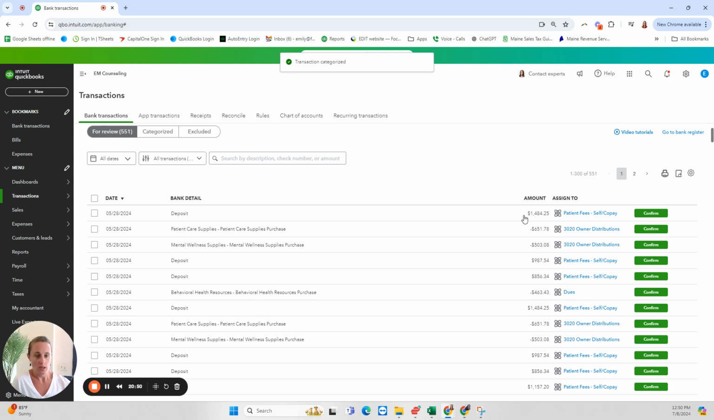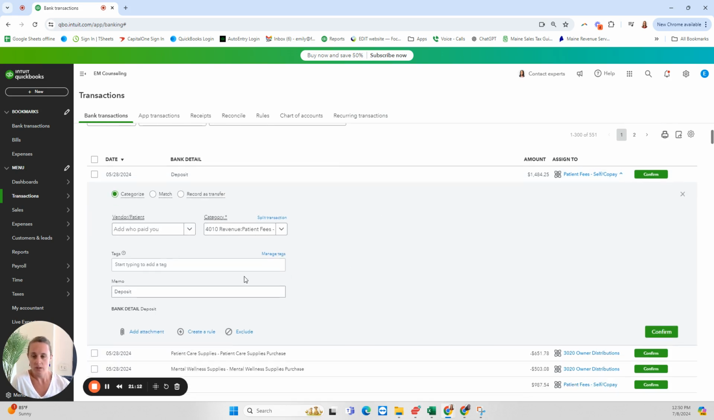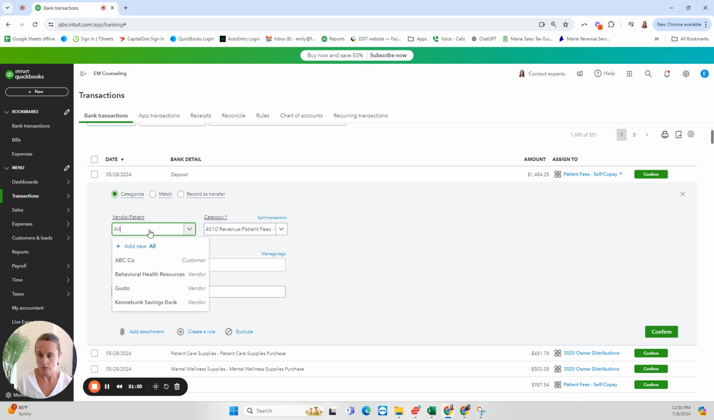So here's a deposit, which perhaps is a patient payment or a combination of payments in a bank deposit. And what we're going to do here is we want this to be filled out, even though you're not keeping your patient names in here. So what we can do is set up